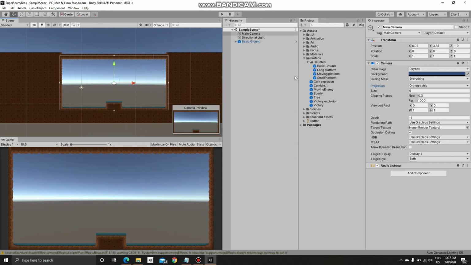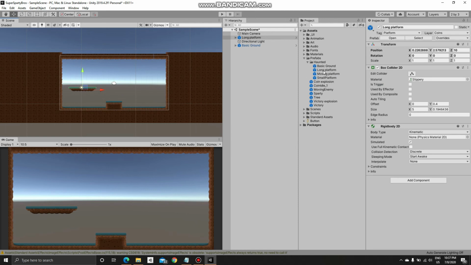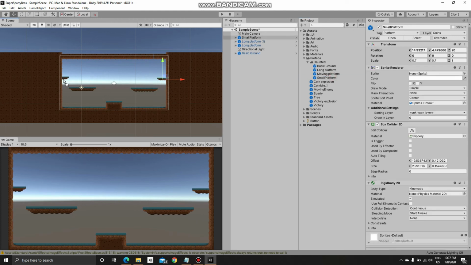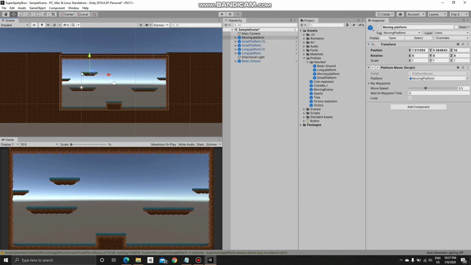Let's add some platforms to it. So let me add a long platform right about here. Let me add another long platform right about here. Yep, this is good. And some smaller platforms. And a moving platform. Okay, so what is a moving platform? The moving platform will go from one place to another and keep traveling back and forth between the two points